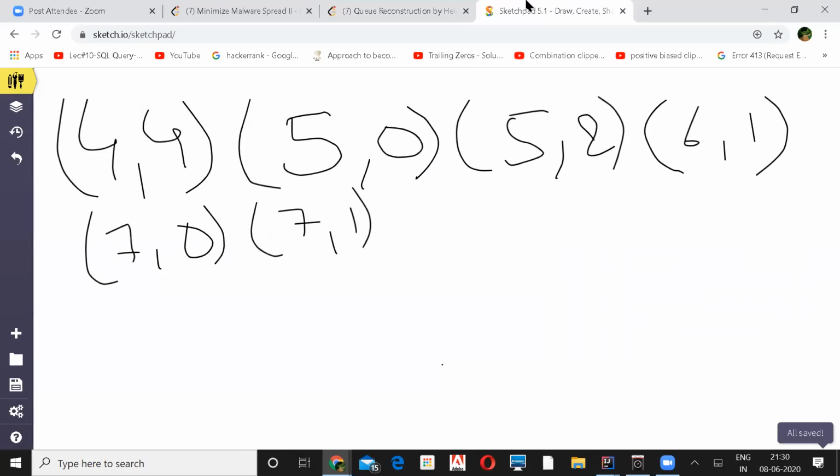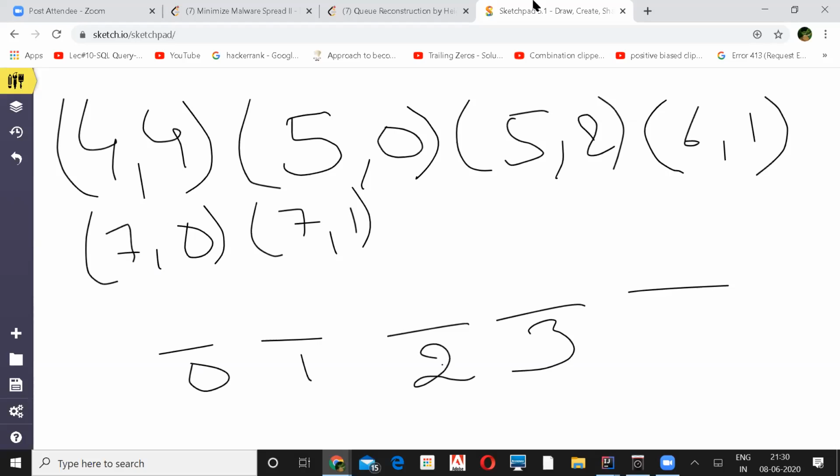Right? So position 4, 4, like this: 0, 1, 2, 3, 4. Total 4 positions are there. So first these elements come, right? So the count is 6 in total, so you'll have another 5 at the last one. 1, 2, 3, 4, 5, 6.